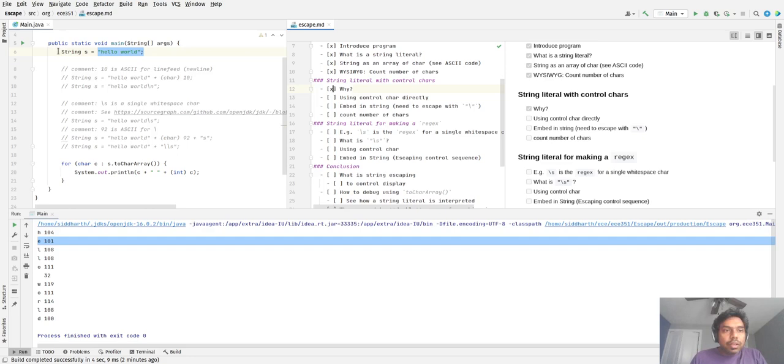So one way to use a control character is to directly add it to a string. Here we see that in ASCII, the control character 10 is the control for adding a new line, or a line feed. One way to add a control character is to just append it to the string. So here we just cast 10 to a character and append it at the back of hello world. Let's see what happens when we run this program.